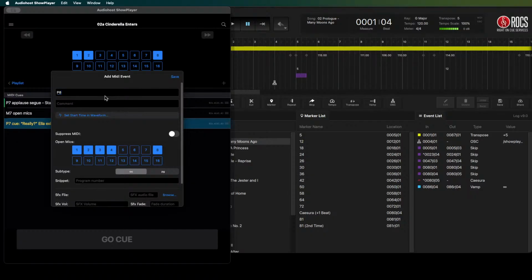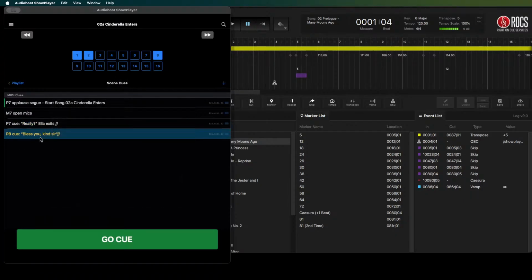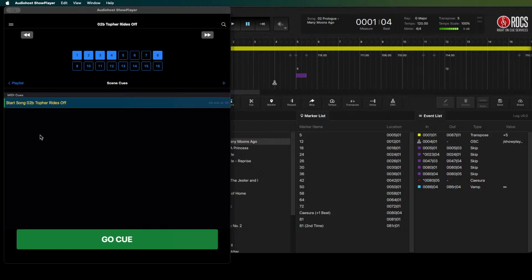And what is the line? The line is: bless you kind sir. Q. Bless you kind sir. Hit it, and then it goes to that, and then it goes to the next song piece here. As you see, I'm tempted to move this cue into this scene because he's just riding off. There's nothing going on that is of any kind of